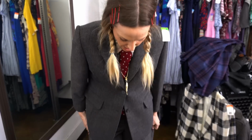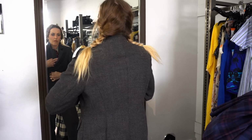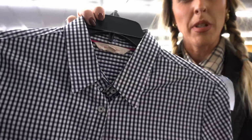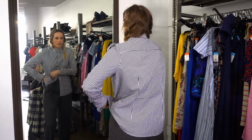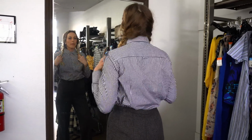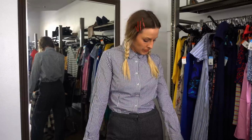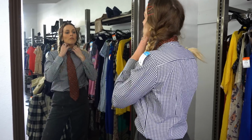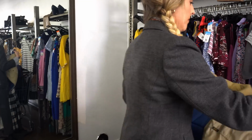So I tried on this suit and it actually fits. So I'm thinking I want to style up a look with this. I just need to figure out all the extra trimmings. $10 shirt with this. I feel like this could be good. Let's see. I think this is cute. I like it all buttoned up like this. It has more of a tailored feel to it, so I think it looks very tomboy, schoolgirl, schoolboy, something like that. I don't know if this works, but